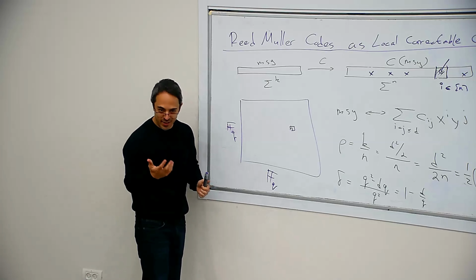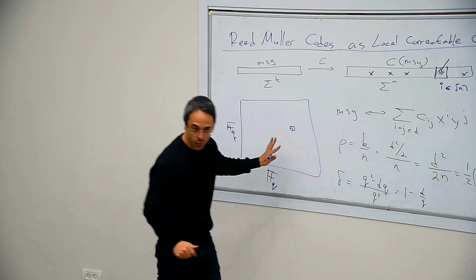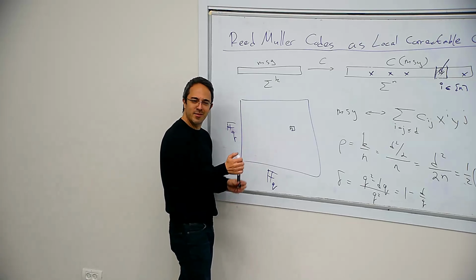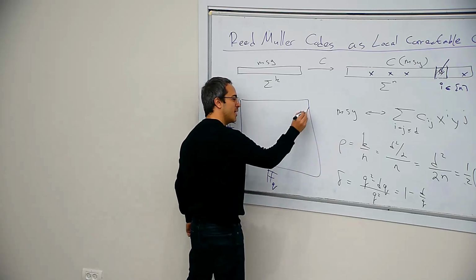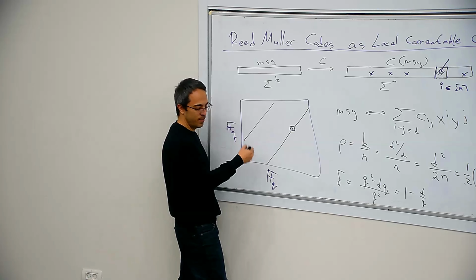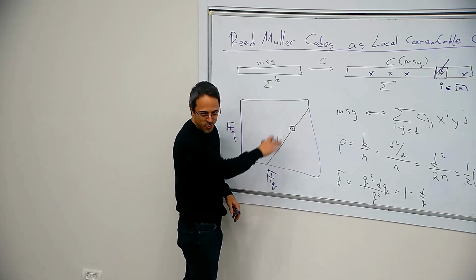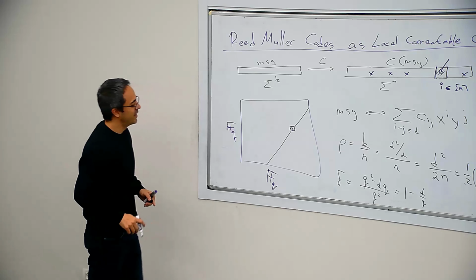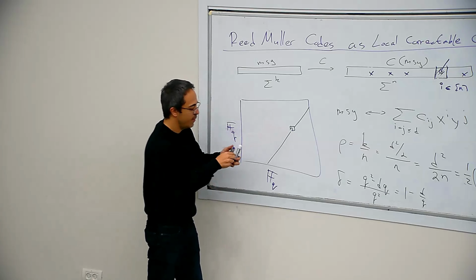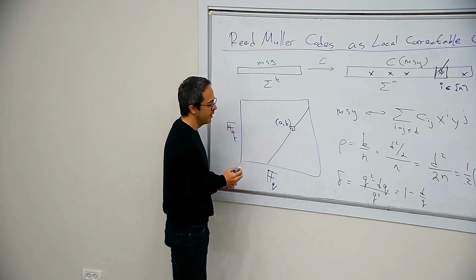But there is another idea which uses only Q queries rather than Q squared queries, so the square root of the number of entries. And the idea, if you remember, is a line: you choose a random line. Technically, it looks like that if Q is prime; if Q is a prime power, it's weird, no one knows how it looks. But let's imagine it looks like that. You take a line that goes through the point you care about, let's call this point (A, B), and you take a random line.